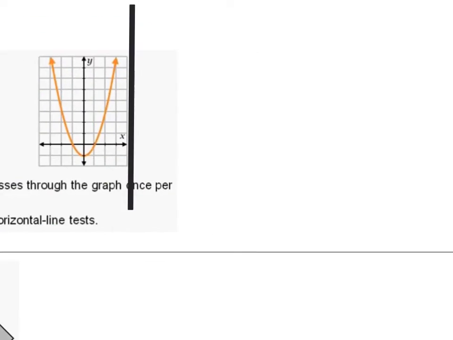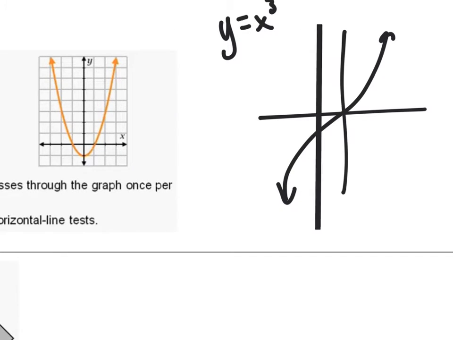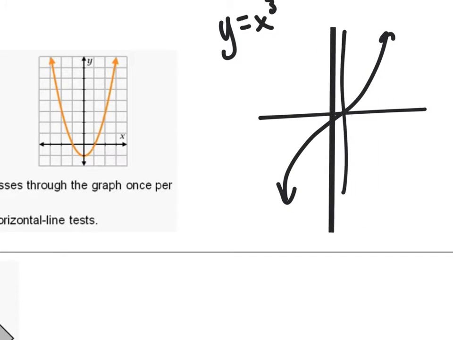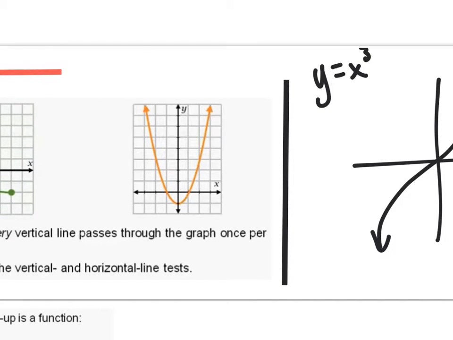Like here, let me draw a graph. If I have the equation y equals x cubed, this function is one-to-one. This function looks like this, okay? If I were to take my vertical line, it passes the vertical line test, right? Okay? If I were to take the horizontal line,